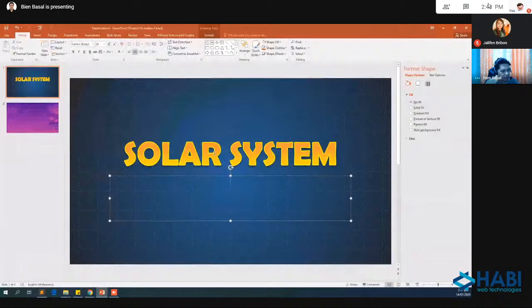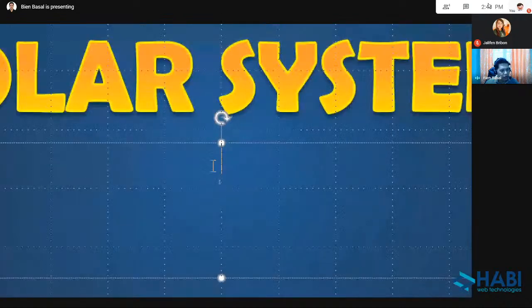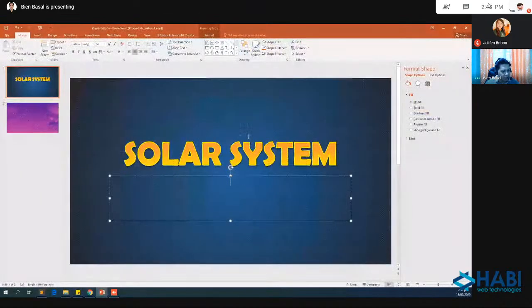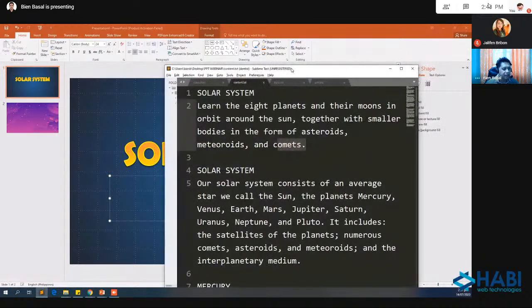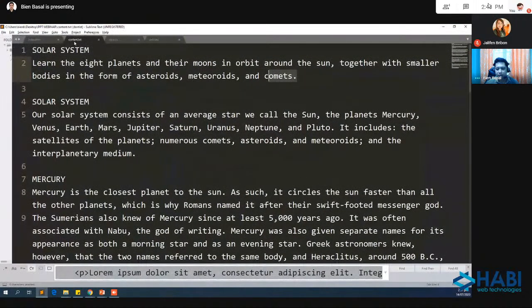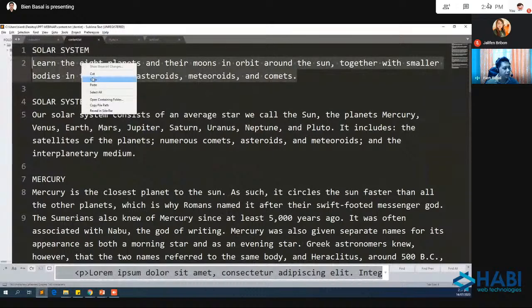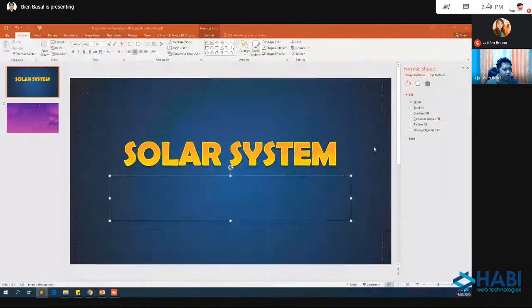So, here, sa second container natin, second text box, for the click to add subtitle, I will not add subtitle. But what I will add, of course, yung aking intro content. Kasama po ito sa inyo pong text content po na file name, kung na-download nyo po yung file. So ito po, kukunin ko lang po ito. I will copy this. Copy. And I will paste po sa baba dyan.